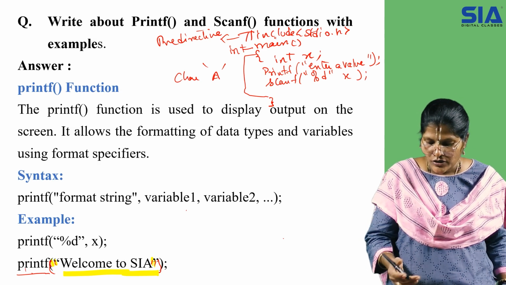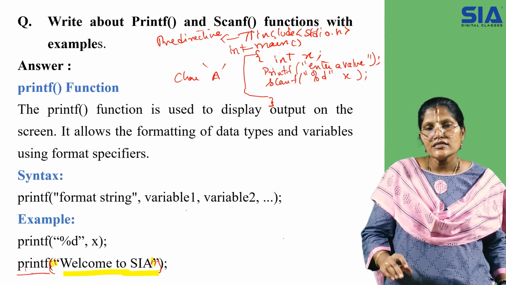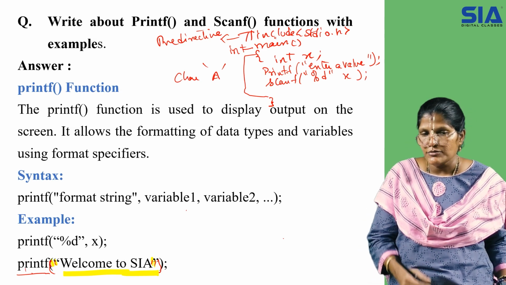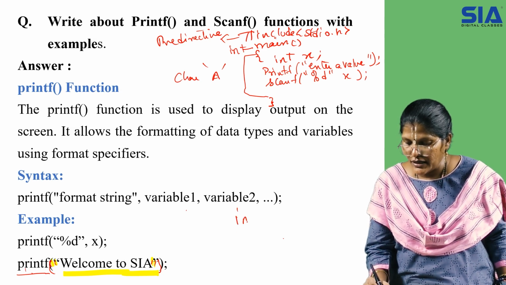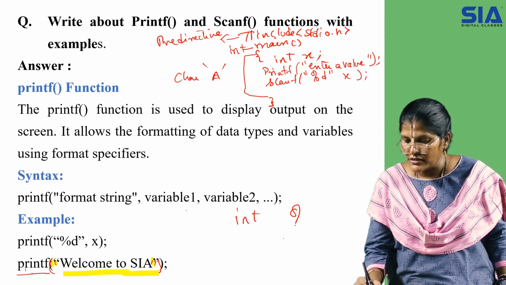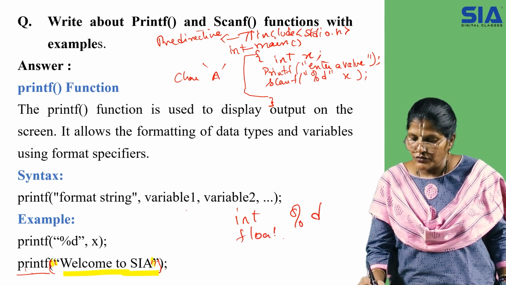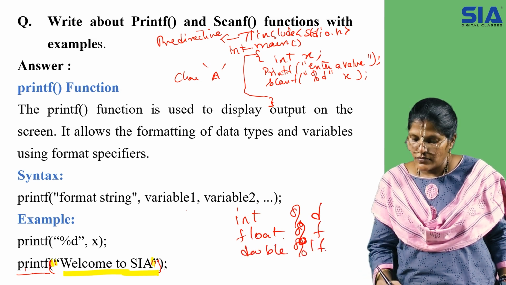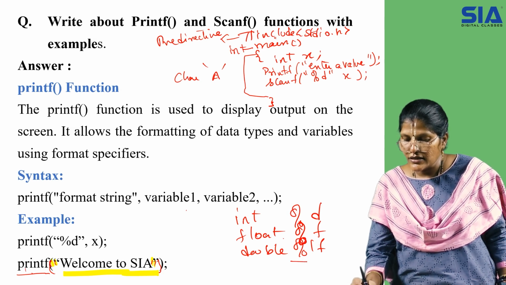Now when we want to print a value, we have to list certain specifiers. For example, among the primary data types which we have seen in the earlier classes, for int we have to use the specifier %d. For float, we have to take it as %f. For double, we have to take it as %lf. This is a percent symbol, and what follows it is the specifier.